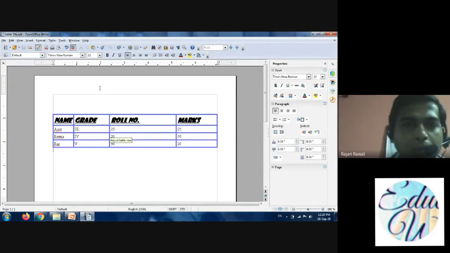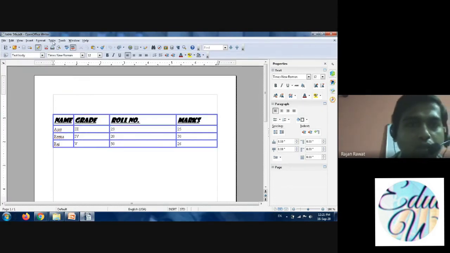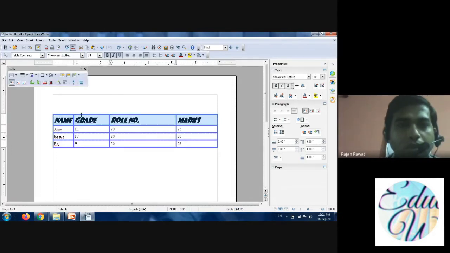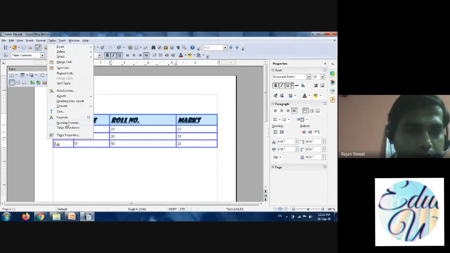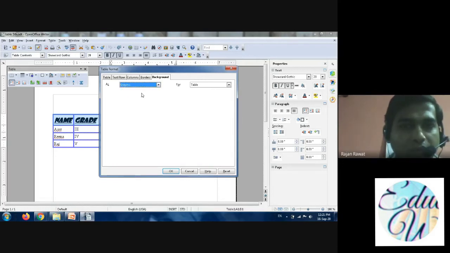Now you have to do the graphic. Place a graphic in the cell or table. Like I want to place a graphic on the heading only. So for that also you can go with the table. First of all you have to select the row, column, cell, anything wherever you want to place the graphic. Then go to table properties, and here you have the option color. There you have to click on the drop down menu and click graphic.